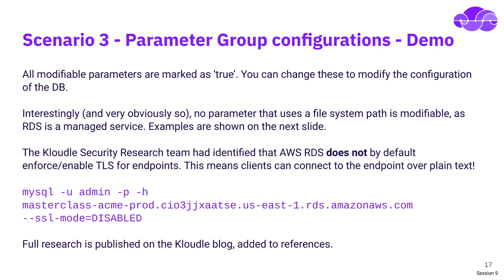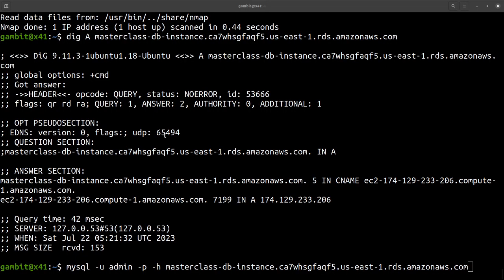What we had identified was that the AWS RDS service by default does not enforce TLS for endpoints, and this is published. I've given the blog link in the references. Basically, we identified that if you disable SSL in your client, you would still be able to access the instance. And as evidence of that, our current DB that we've not changed anything in,